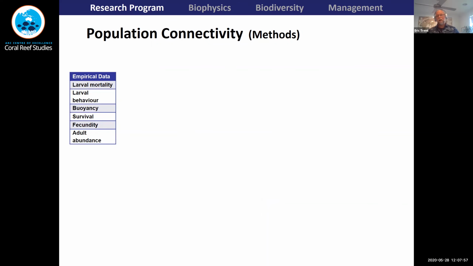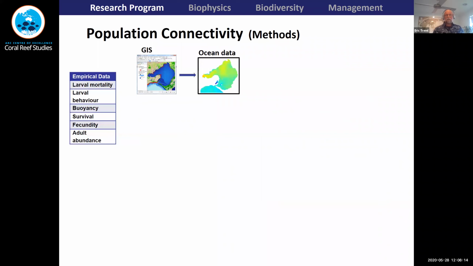So I'll have just two slides on my methodology, and then I'll get to some of the papers using these methods. Inevitably, all of the research in our lab starts with empirical data on behavior, mortality, and survival. We use a spatially explicit approach, like Ian mentioned. We develop maps or a seascape of our area of interest, either working with hydrodynamic modelers and oceanographers, or contracting this work to be developed for particular seascapes. We combine those together in